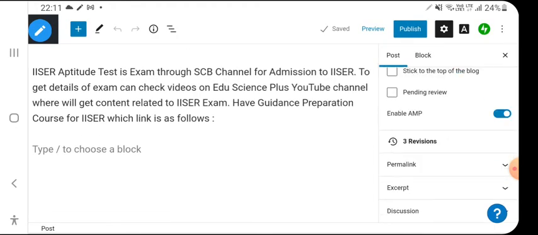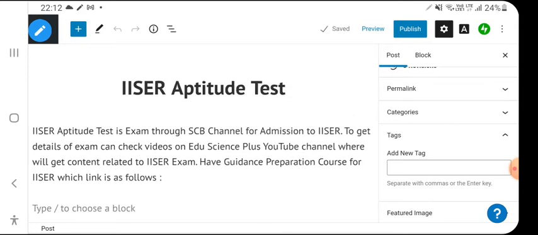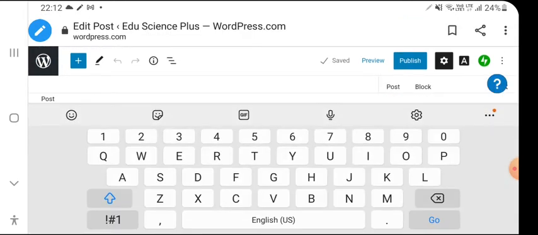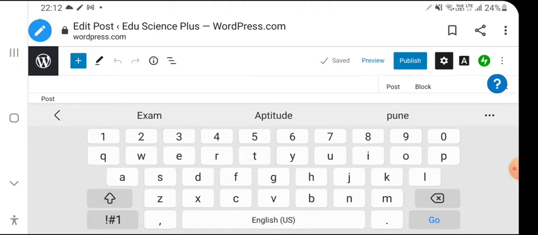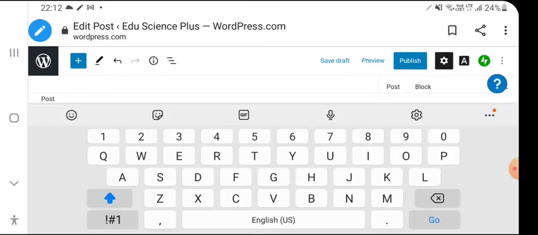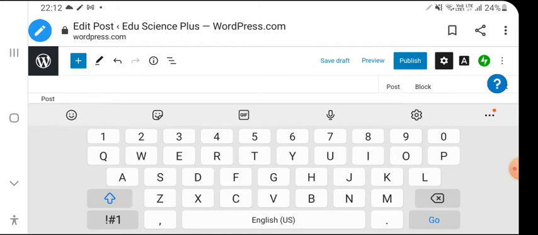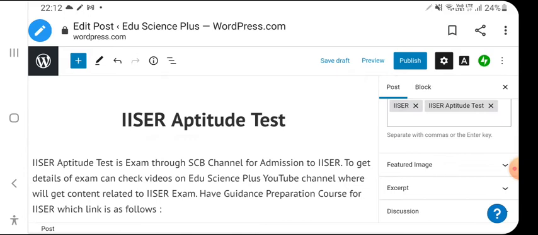See, this is how we made a mistake, we were not able to save the draft and it just went back and the time got wasted. So I think this is a thing we need to keep in mind. I think we will put the tags later on, because otherwise it will take a lot of time. We can put some tags in the first bit, ISER aptitude test, and we should keep saving the draft on a regular basis.